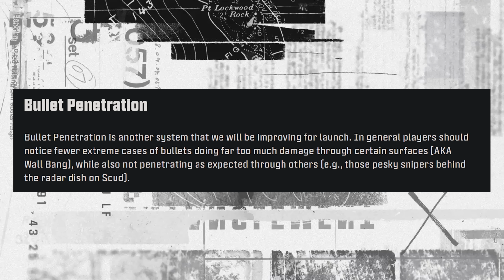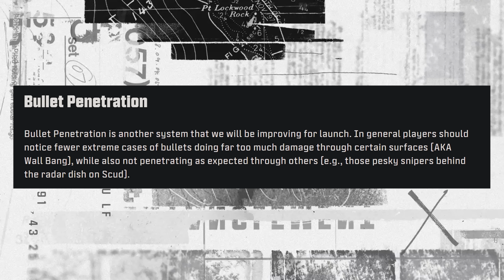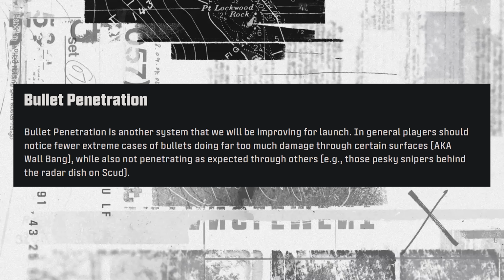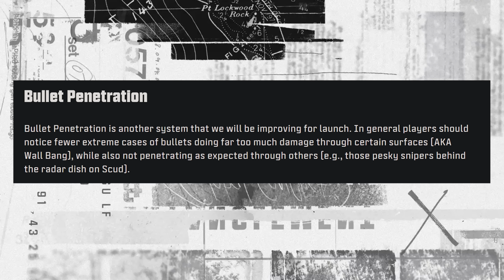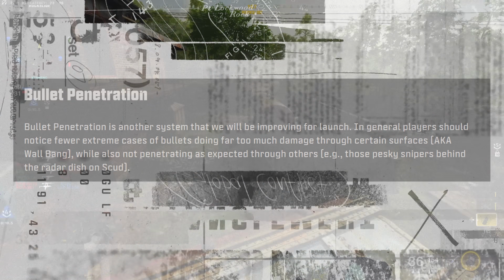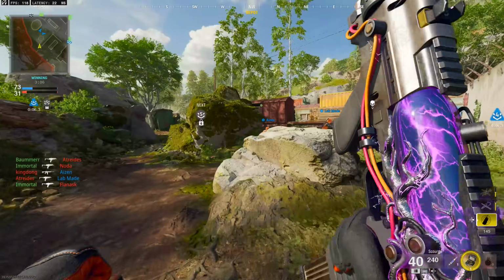In general, players should notice fewer extreme cases of bullets doing far too much damage through certain surfaces, aka a wallbang, while also not penetrating as expected through other surfaces. They mentioned the radar dish on Scud, for example, for that. So definitely going to be curious to see how this interacts and what sort of surfaces are changed more drastically